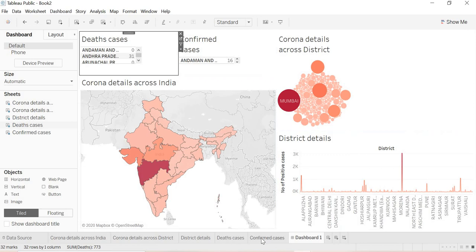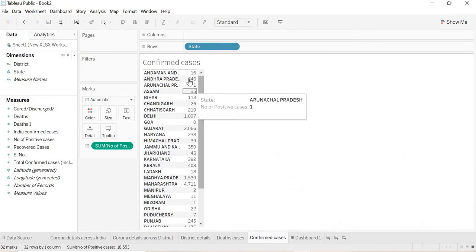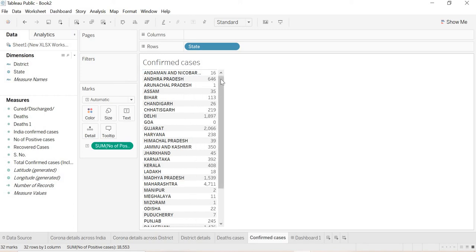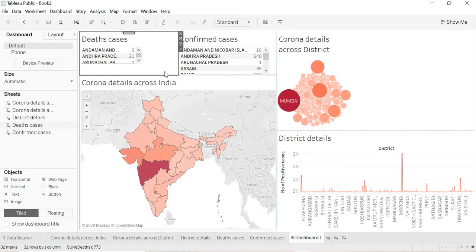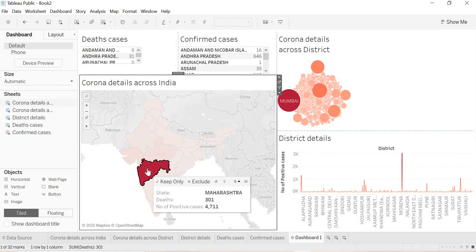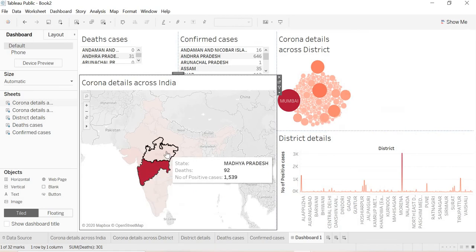We'll do one more thing. In confirmed cases, we will just adjust this. Here also, see, if you click on any of these states, we will not get that result.